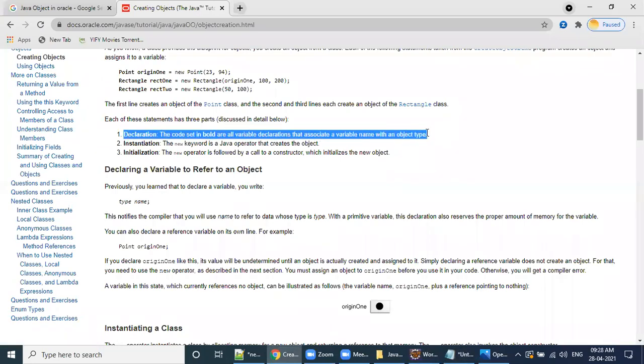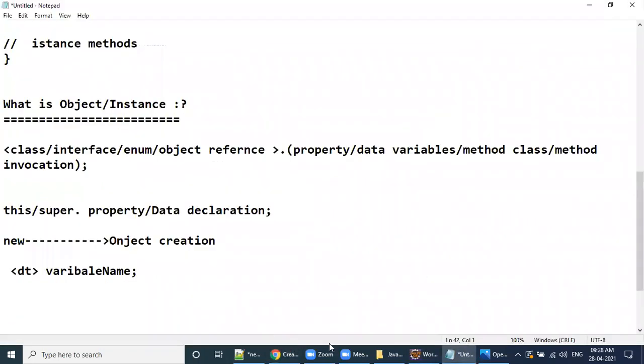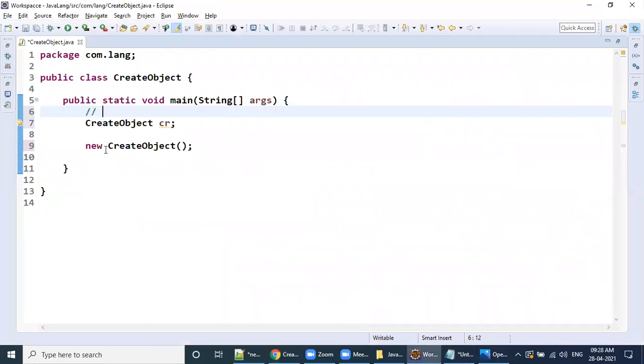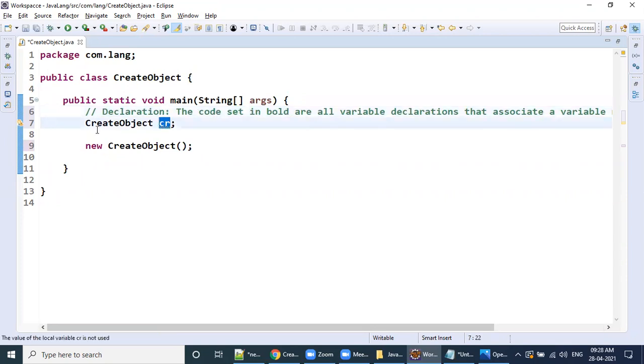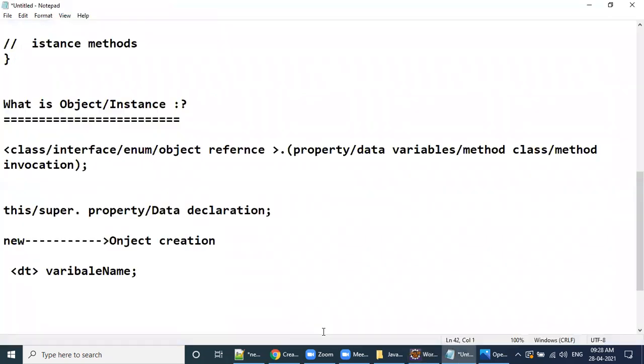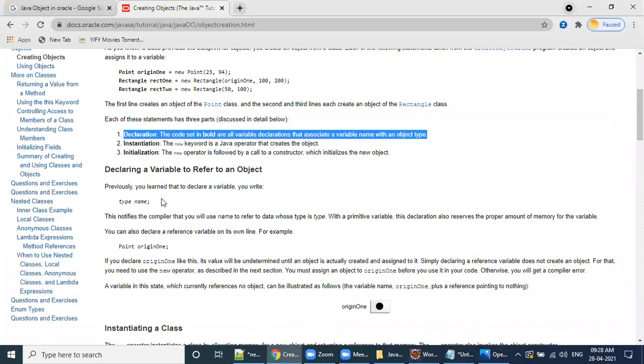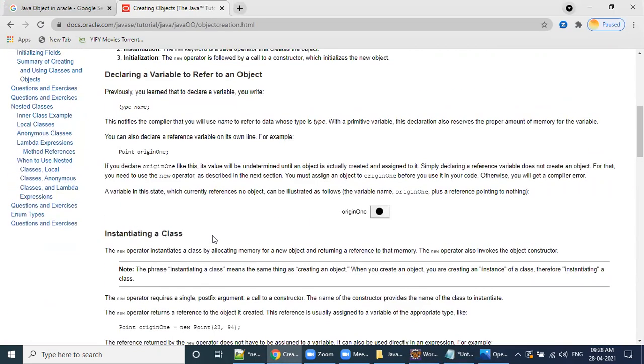Declaration. Come on, tell me, what is the declaration here? The declaration is: create object CR semicolon. That is the declaration. Any doubt? Any doubt here?